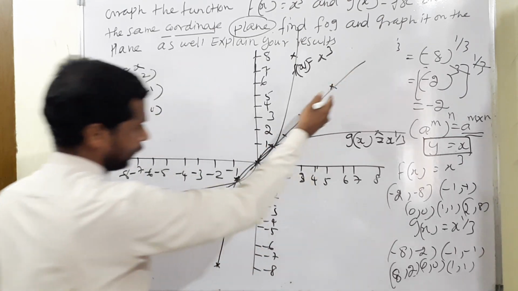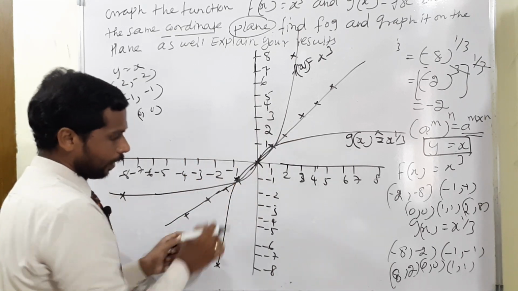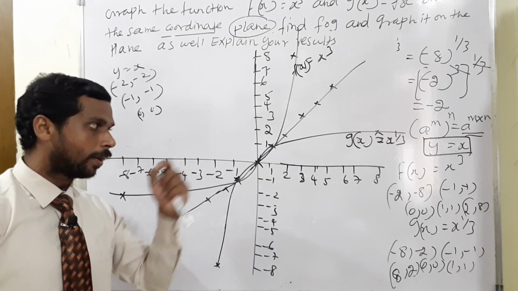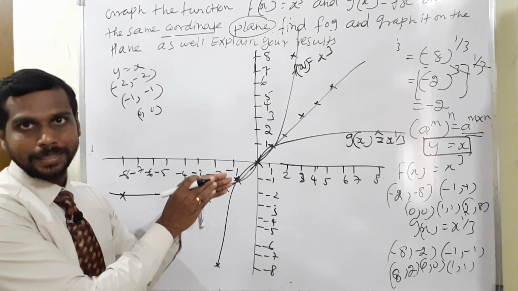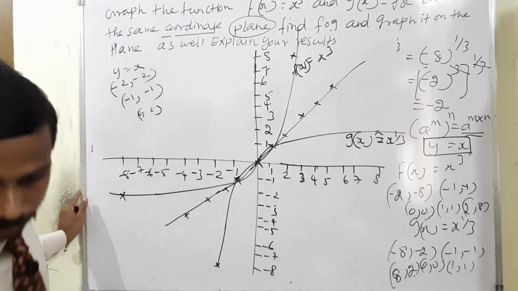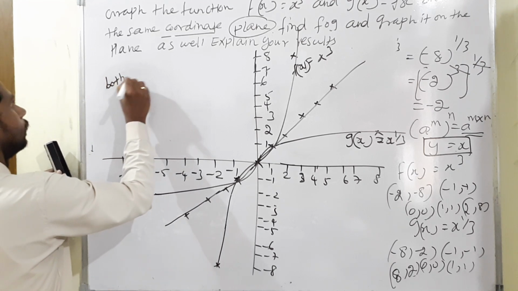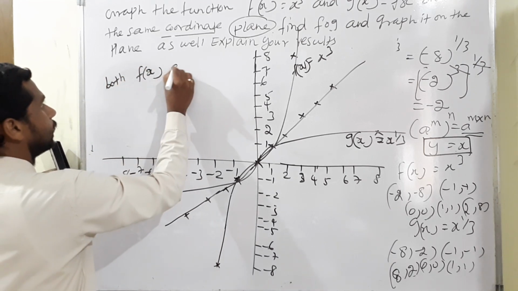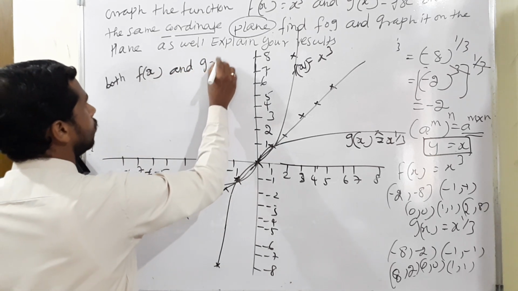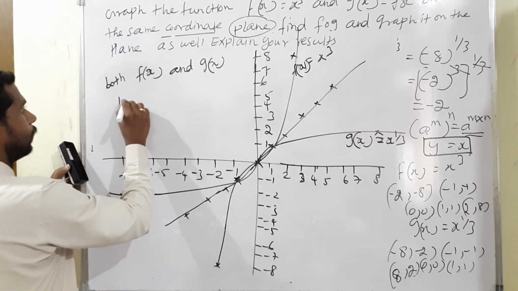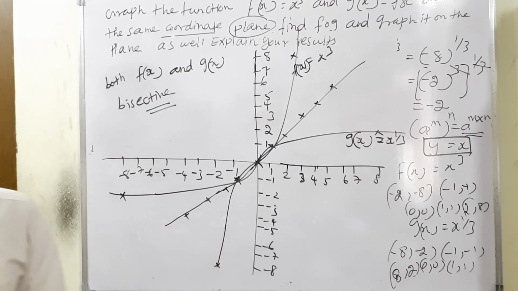So draw the intersecting line. After making the three different types of coordinate points, we have one result. What is the result? The final bisector. Each and every line is a bisector. Therefore, we can write the final line: both f of x and g of x are bisectors. Okay, this is our line. So I will continue with the next question.